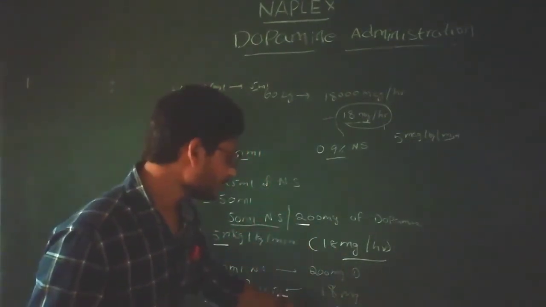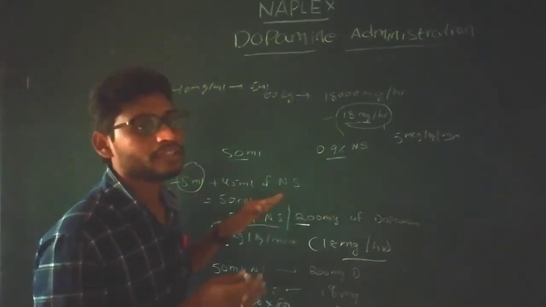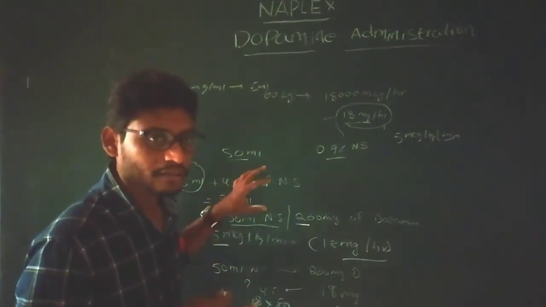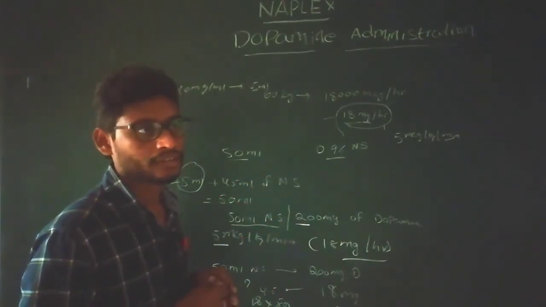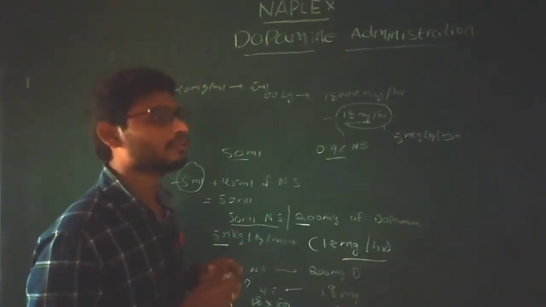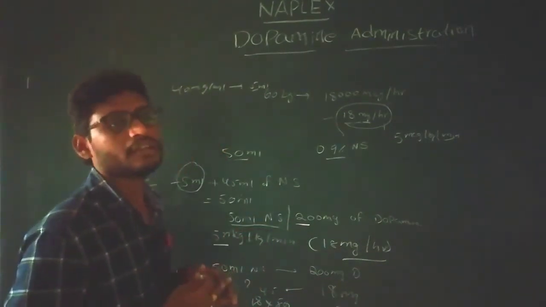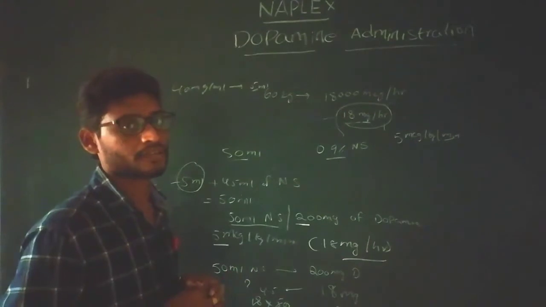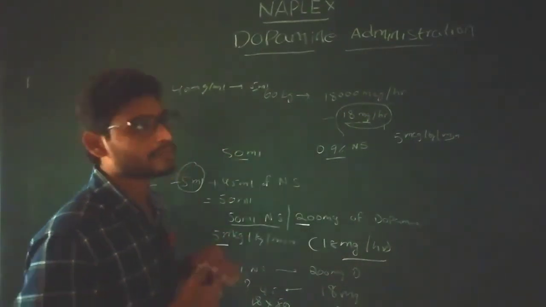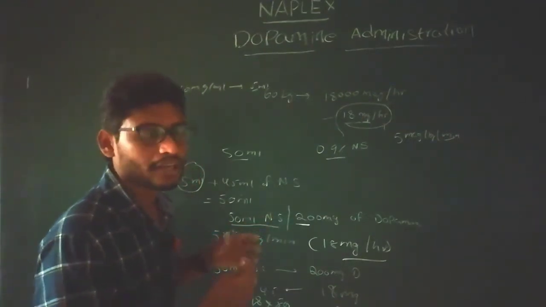Okay, so this is the rate of flow of the solution to be infused to the patient through the IV line for treating persistent hypotension. So like this we have to calculate the amount of dopamine to be administered for the particular patient for treating persistent hypotension. Based upon the body weight and the condition of the patient, we can start either with the initial dose or with high therapeutic doses.